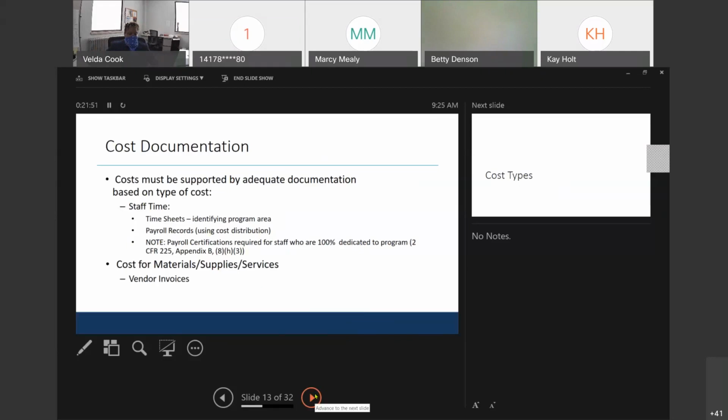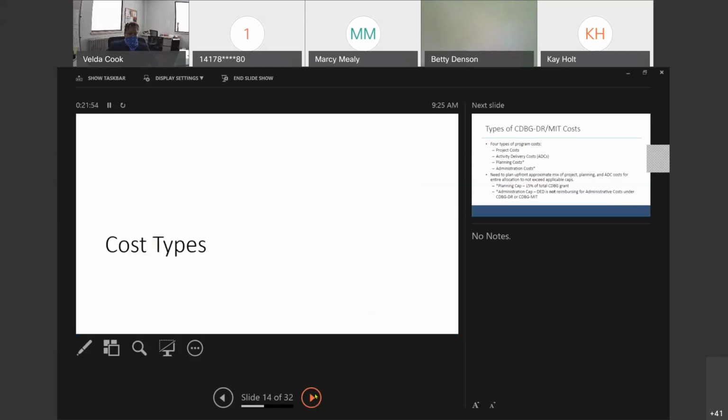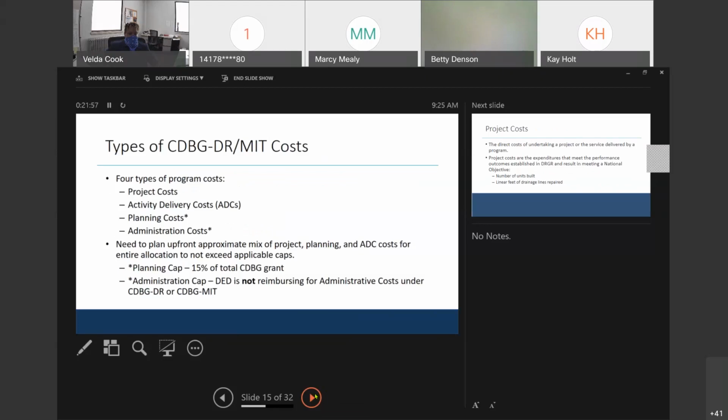We're just trying to give some kind of guidance so that you can build your budgets today for your applications. The 4 types of program costs are project costs, activity delivery costs, planning costs, and administration costs, as we have noted thus far. The plan right now in planning out your budget for your application is to know what kind of mix of these 4 types of program costs are going to be involved. Like I mentioned before, we can see for sure in an infrastructure project that your main activity is your completion of a road and bridge project or hardening of a public facility,